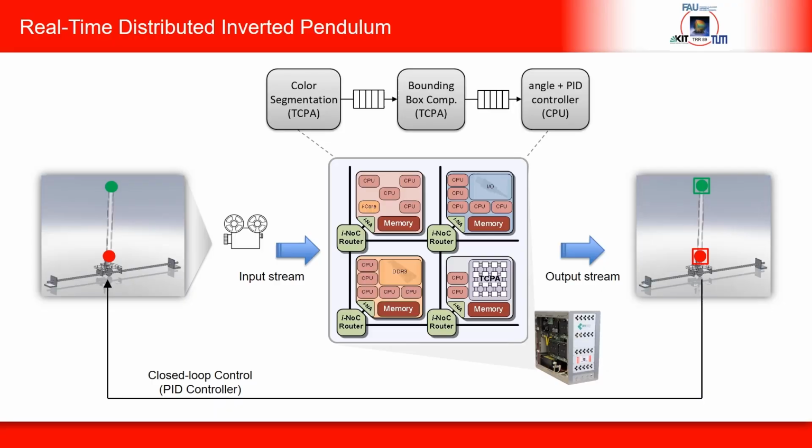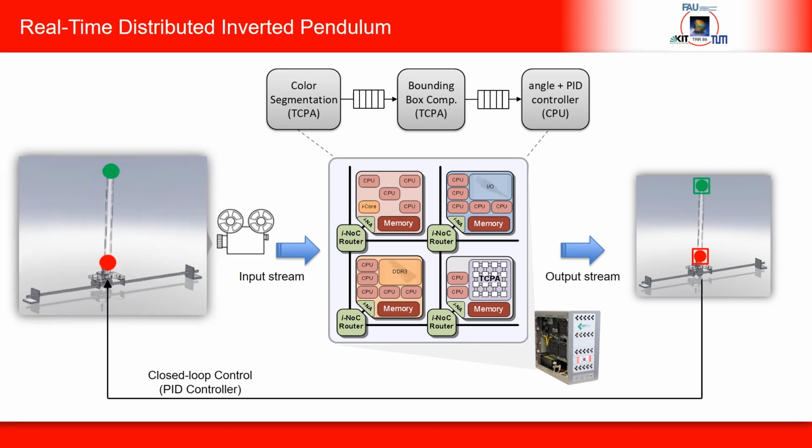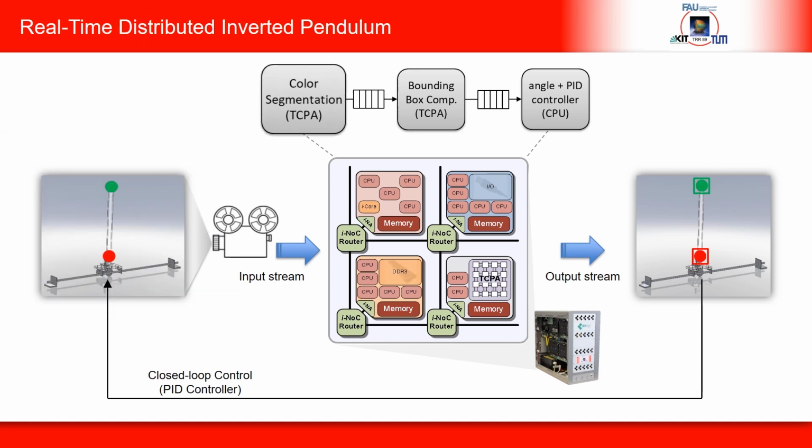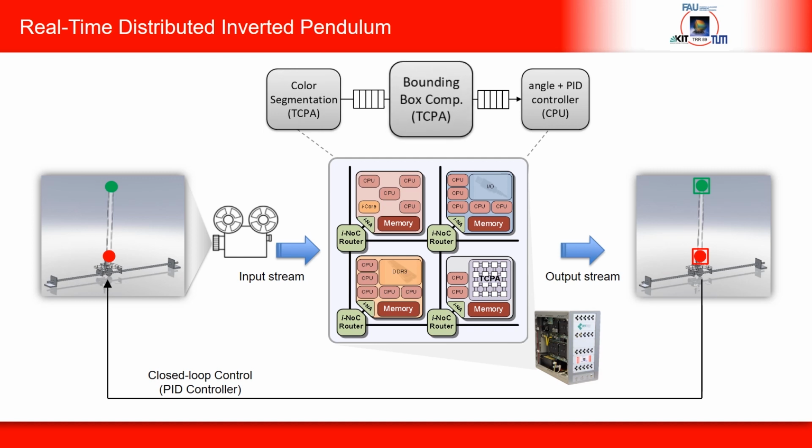In order to ensure controllability of the inverted pendulum, a standard video camera output delivering a new image frame exactly every 20th of a second has to be processed no slower than this time by 3 algorithms, starting with a computation-intensive color segmentation algorithm for detecting the green and red color markers mounted to the pendulum, followed by a bounding box computation algorithm from which the pendulum positions are determined, and finally a PID control algorithm that controls the motor position on the rod.